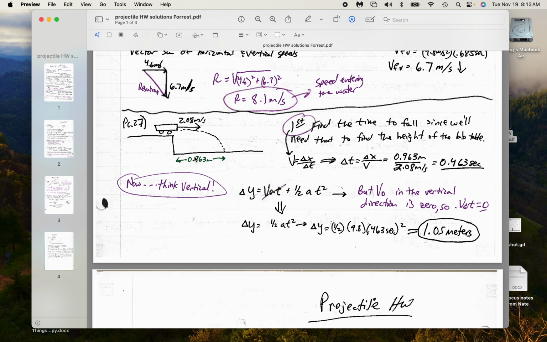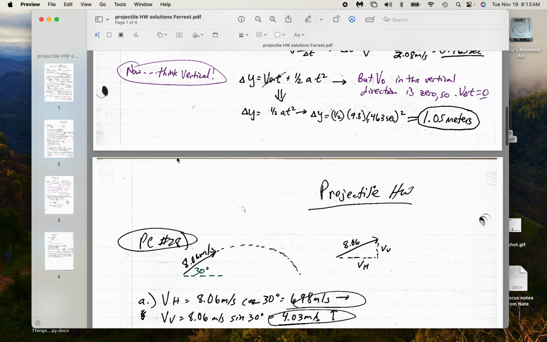And we know horizontal speed and horizontal distance. So we can rearrange that formula and get 0.463 seconds it was in the air. To think vertically and find out the height, we can use this general equation. We don't need an initial velocity because the initial vertical velocity is 0. So again, we come back to 1/2 at squared, and we get a vertical height here of